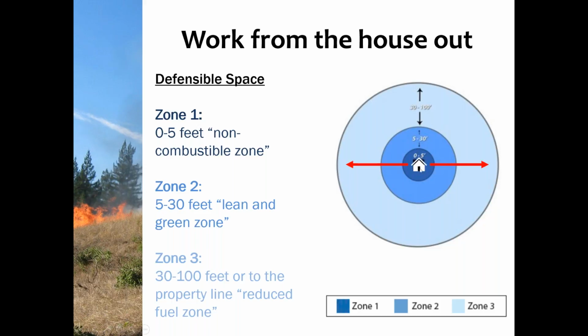So using this visual, here's the home. What's in that 0 to 5 foot zone? From there, what's the kind of lean and green zone, this 15 to 20 or 30 feet kind of donut surrounding the building, and then this more reduced fuel zone that's outside of those two nested circles. It does not need to be free of vegetation completely. It can have privacy, but the composition and configuration and placement all have different qualities that influence the survivability of